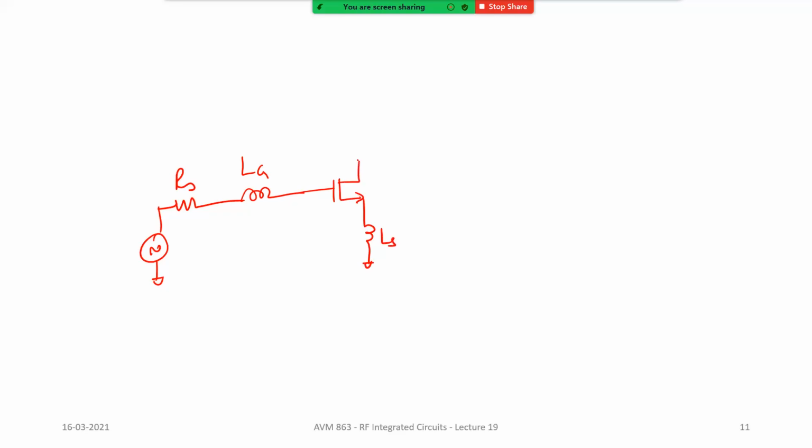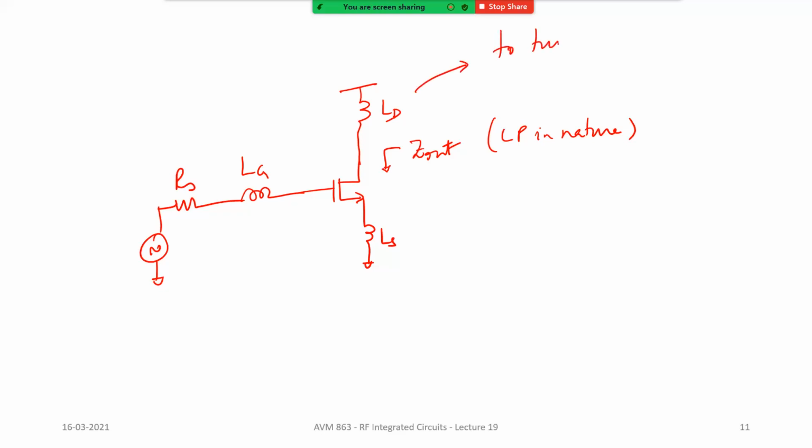What about the output side? What about the stuff that is going to sit on top of this? Okay. Now obviously we know that this is going to have a certain output impedance, or let me just call it Z out, which is usually low pass in nature. Correct. So this obviously needs to get tuned out. So you have to use a drain inductor. What is the job of this drain inductor?